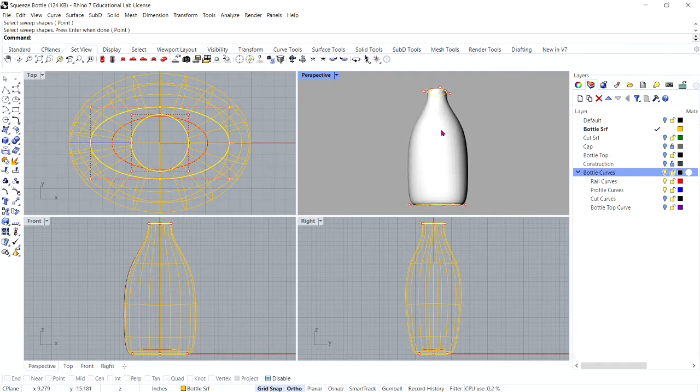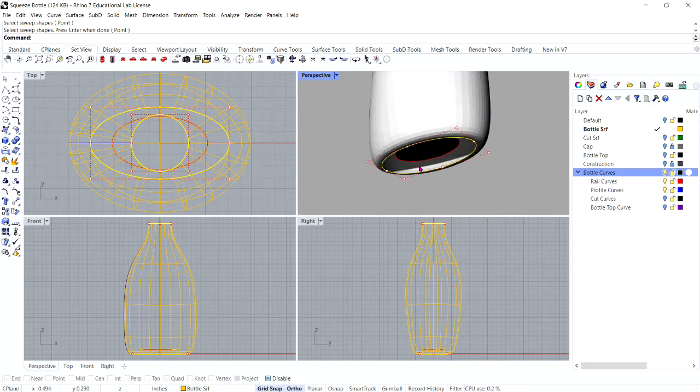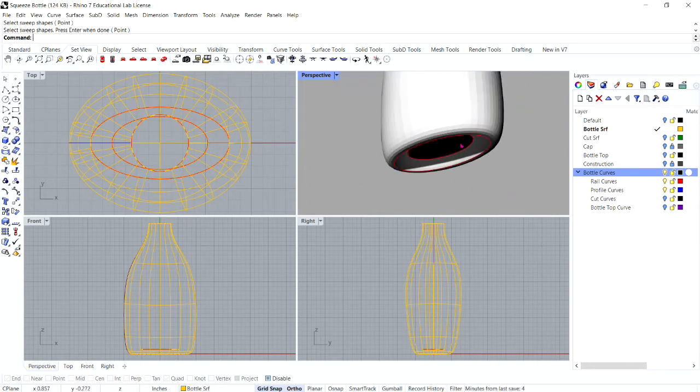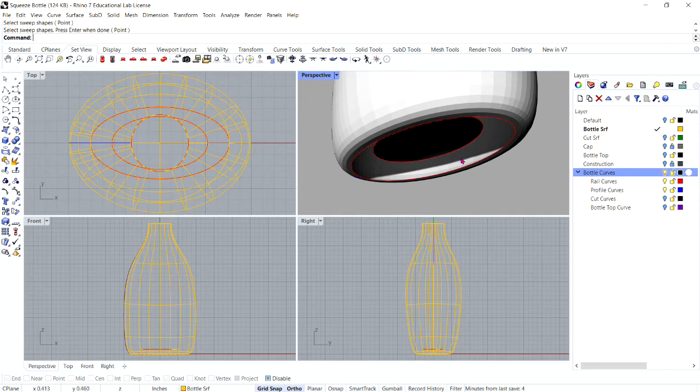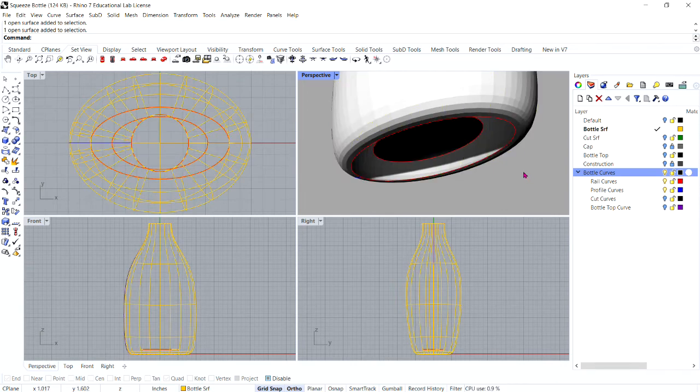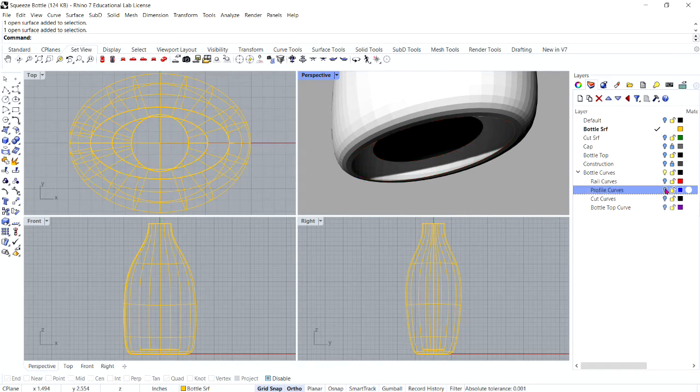Next, I'm going to orbit my way around to the bottom of the bottle in my perspective viewport, and I'm going to create a blend surface to close this gap between the ellipse surface and the bottle surface. First, I'm going to hide the rail curves layer and the profile curves layer in my layers panel.